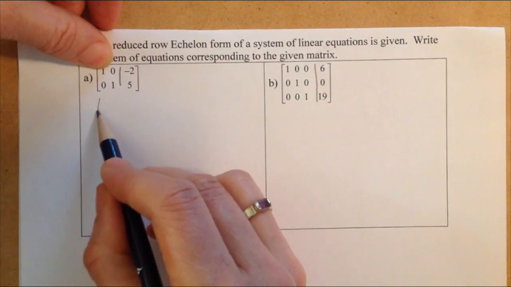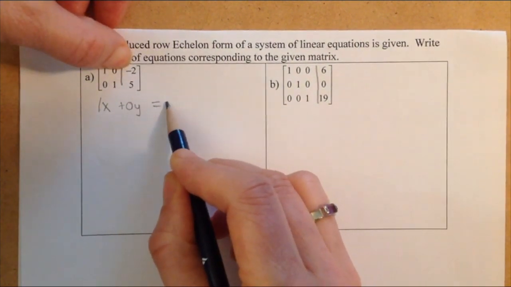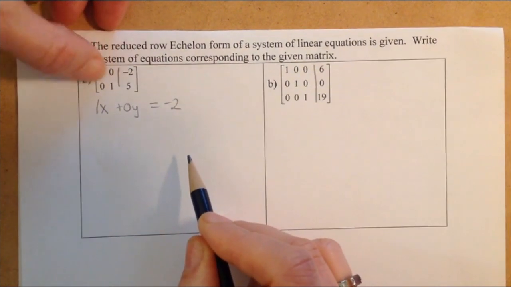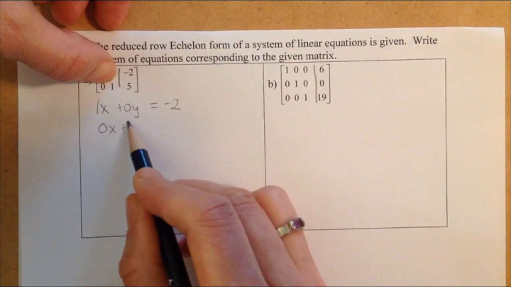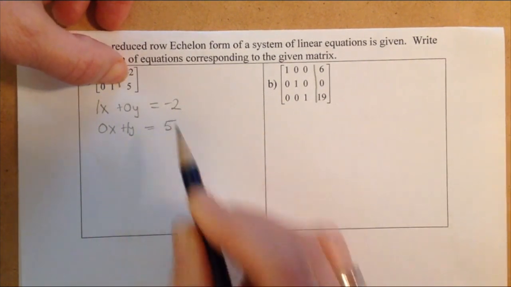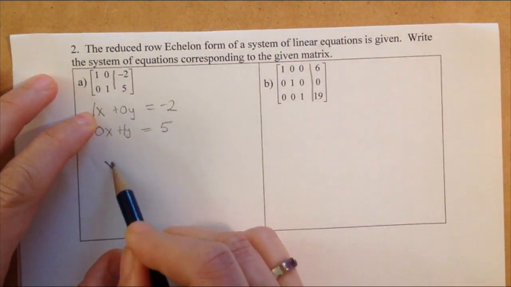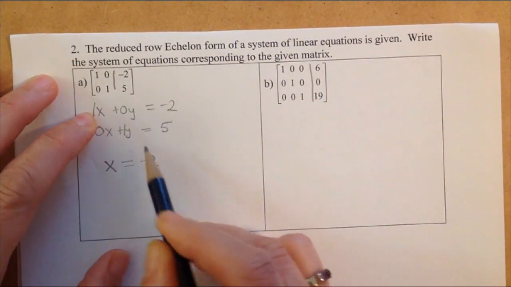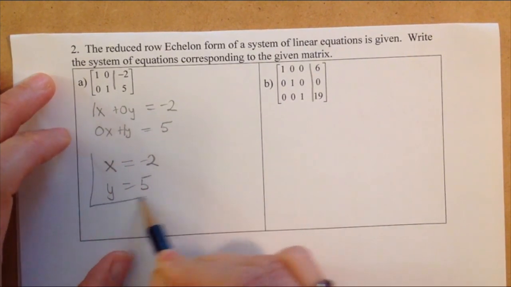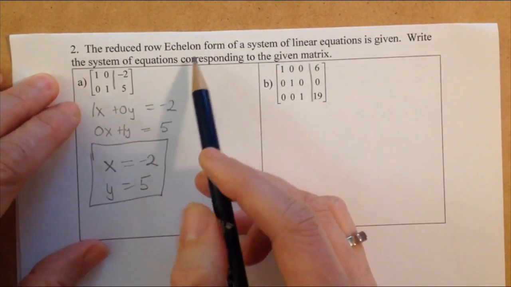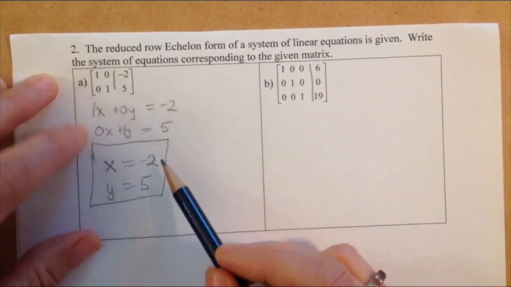So I have a 1x plus a 0y equaling -2. And then here I have a 0x plus 1y equals 5. And of course, if I simplify these, it reduces very nicely. This first equation just becomes x equals -2, and the second equation becomes y equals 5. So what this reduced row echelon form is doing is it's actually telling us here is the solution to the